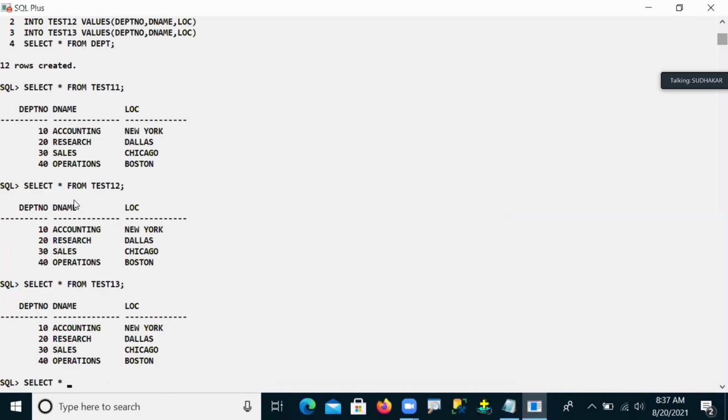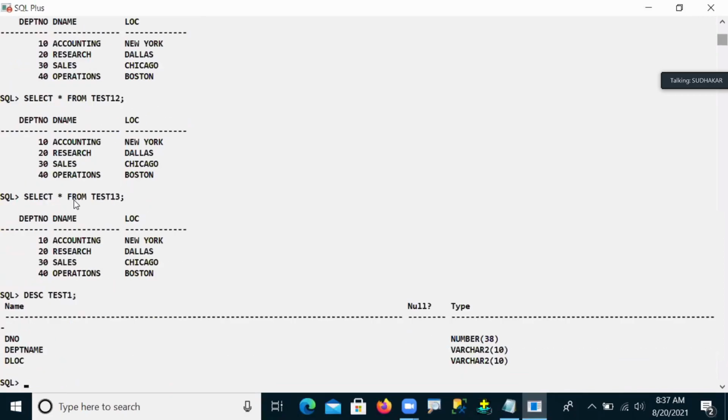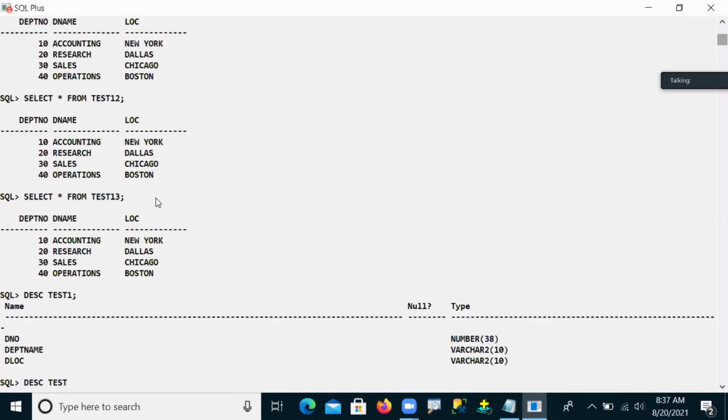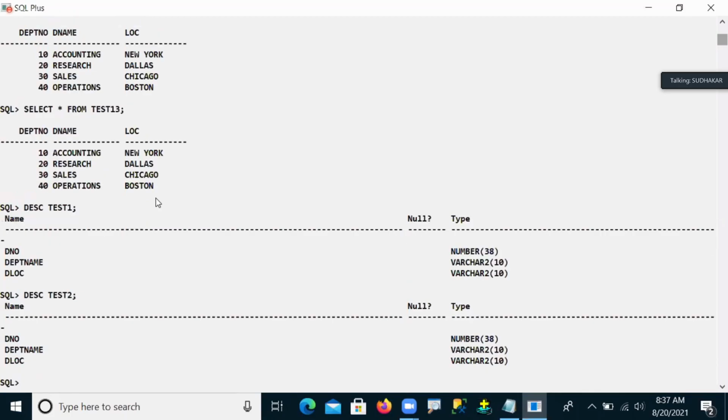One of our friends is saying that, sir, we made a mistake in the query. Where is the mistake here? Something we are missing in the query. So here also the same DEPT name, D location.